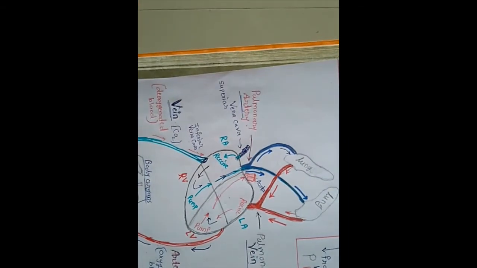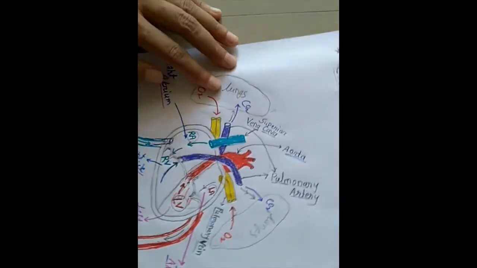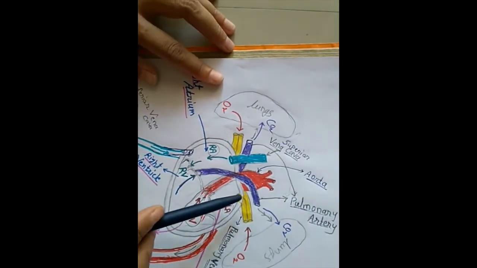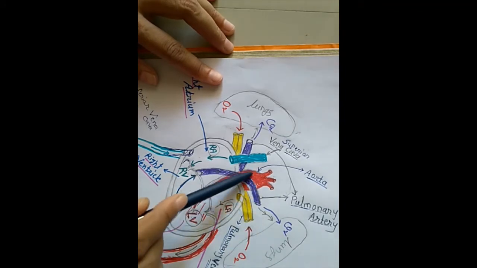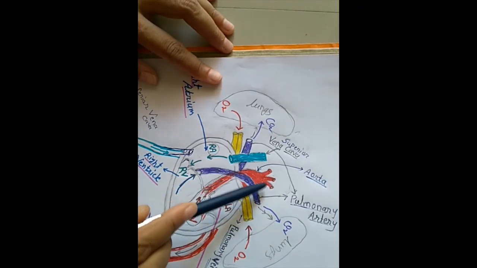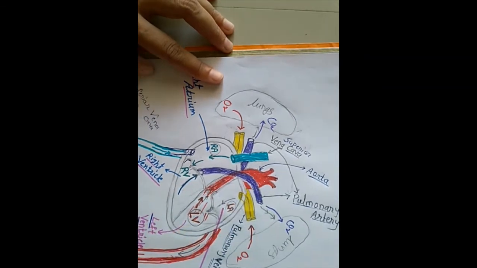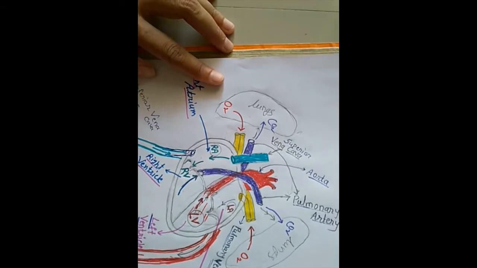So this is the very simple circulatory system. Again here we will see a colorful diagram. Here very clearly we can see that the aorta is in this manner. It is branched out into many branches. Here I have drawn only 3 branches, but there are many branches. But the main 3 branches are here.